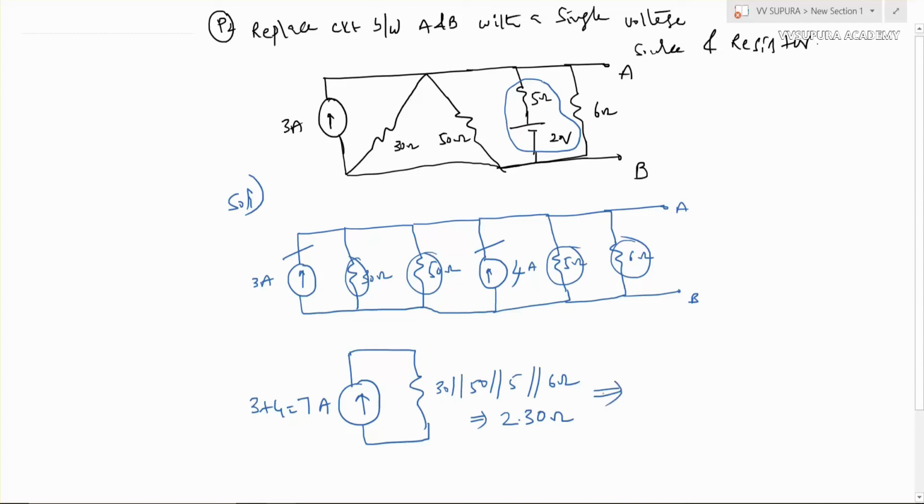Why? Because they require a single voltage source and resistor. I got 2.38 ohms. If there are any calculation mistakes, you can correct them also. Okay, 2.38 ohms, with a current source, but what did they ask for? They asked for a single voltage source and a single resistor. So that will be calculated like this. We have to convert this to a voltage source in series with a resistor. That resistance value is 2.38